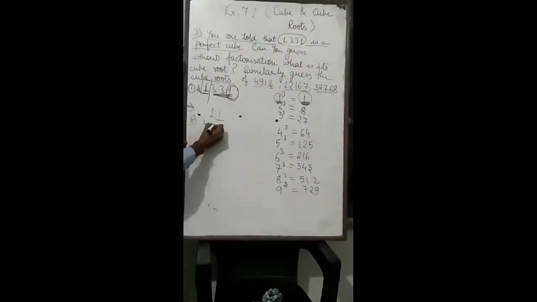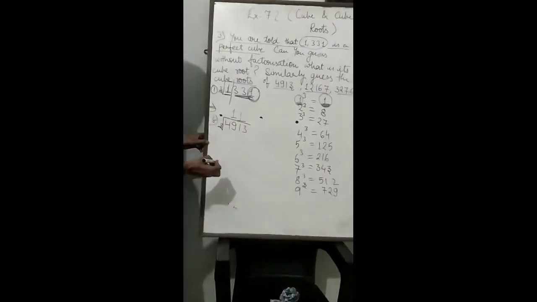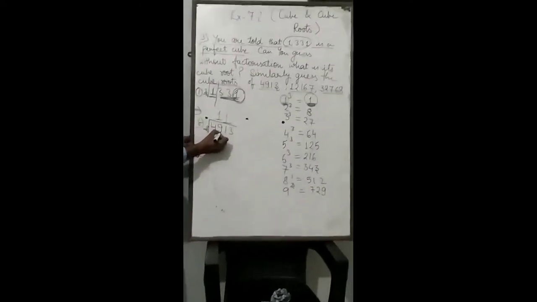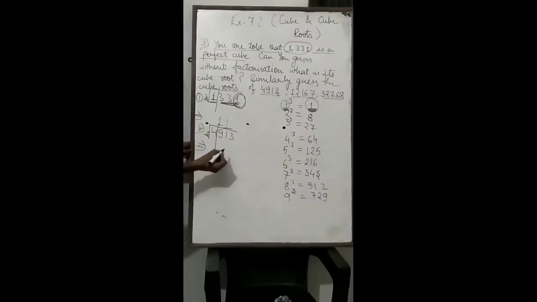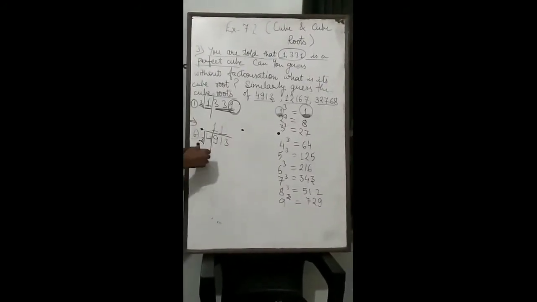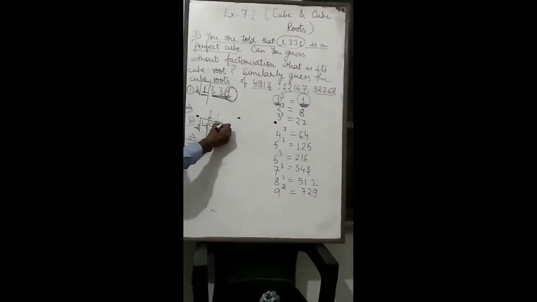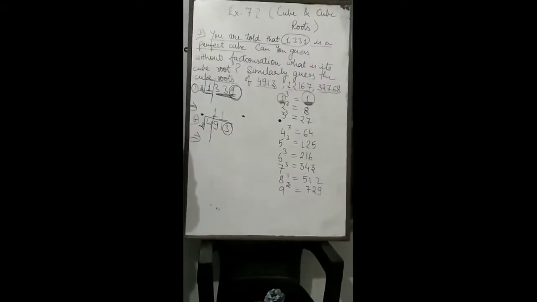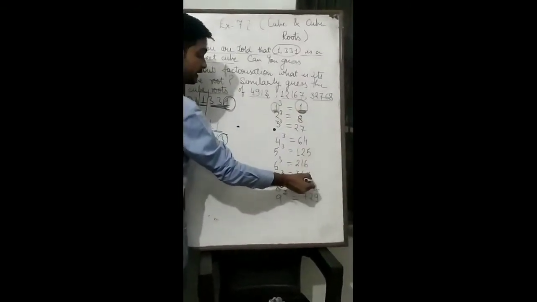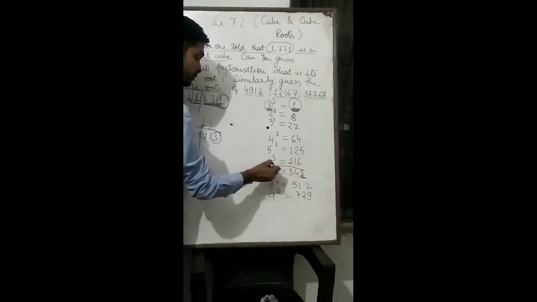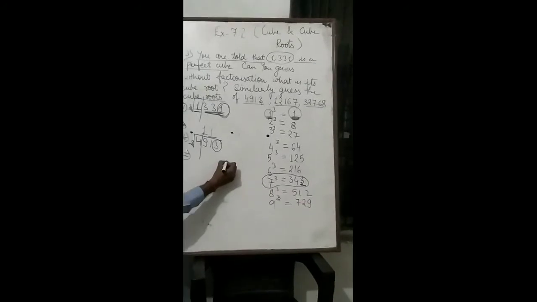Next digit is 4913. Firstly we will use the cube root symbol, and now we again count from the last 1, 2, 3, then group it. After the 3 digits we have to make the group. Now students, you can see what the ones digit is here. It is 3. You can see in 7's cube, the ones digit will be 3. So its value will be 7.